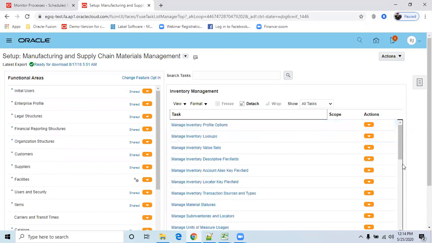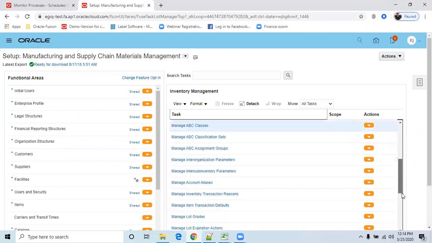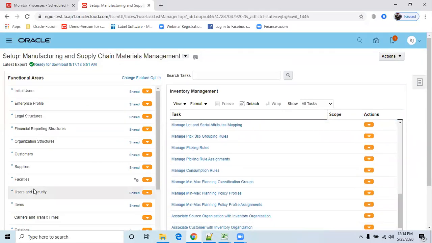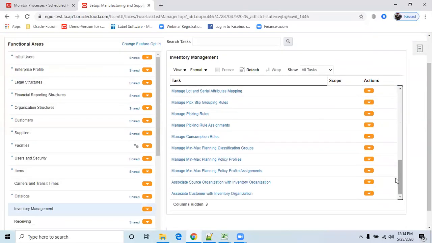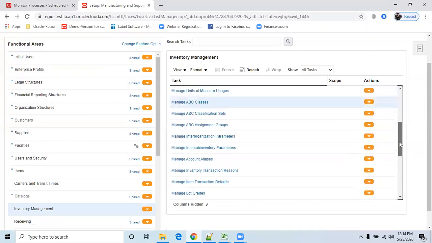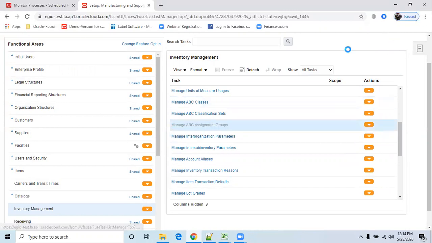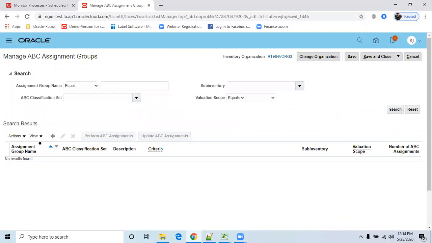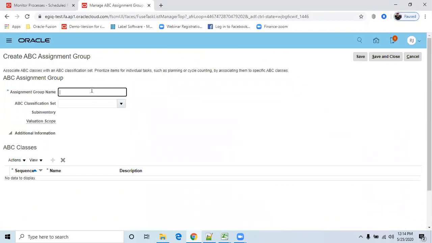So once you define your classes, then go for manage ABC group. That is the next setup. Manage ABC group. Where is it? Yeah, manage ABC assignment group. Okay. So here click on plus. Provide your assignment group name, group 1. So what is the classification set?